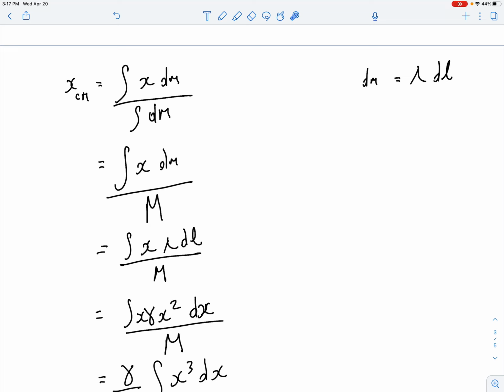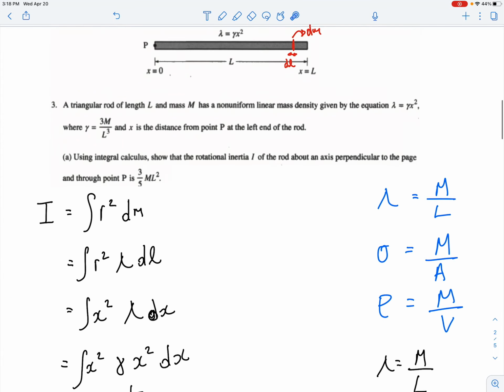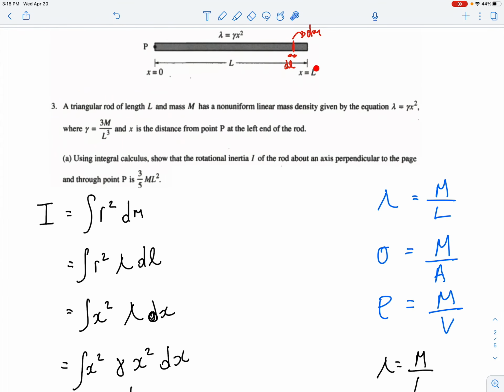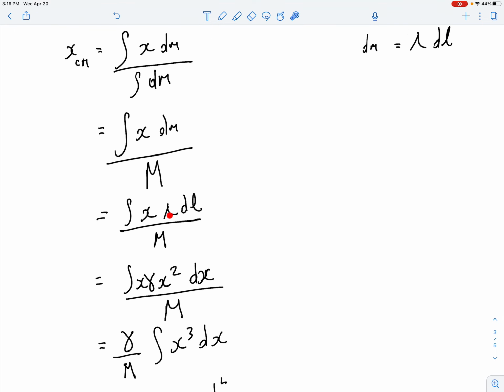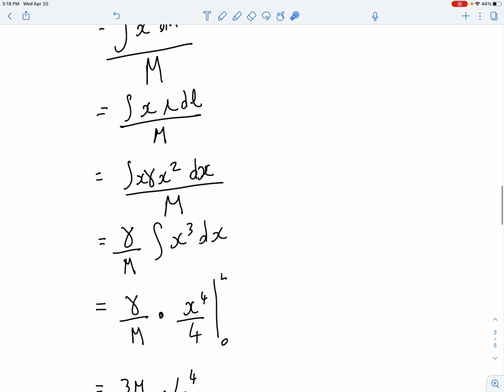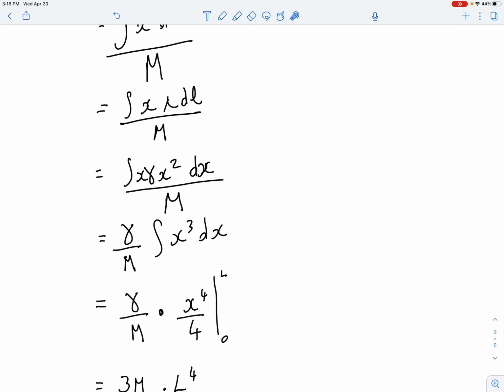Once I have that, L is just representative of my x, because if we go back to the figure here, you could see that x would be from where L is equal to 0 to there. So I could change dl to dx. And I also could put in the value for the constant for the linear mass density, and I substituted that. Then all I have to do now is just do calculus. It goes from 0 to L because that's where we're starting from. So that's what you'd have to do.